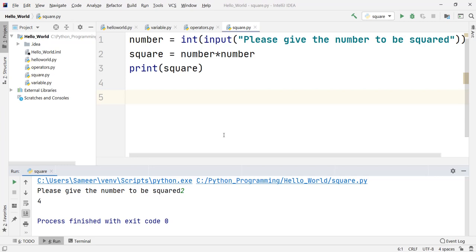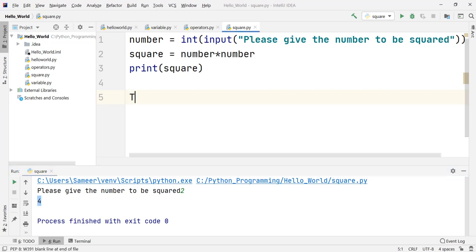Right now we are done with our core code, but we want to make it even better. We want to decorate it somehow, so that it will seem a bit good in terms of GUI. Rather than just printing 4 here, suppose I want to print "The square of given number is 4."